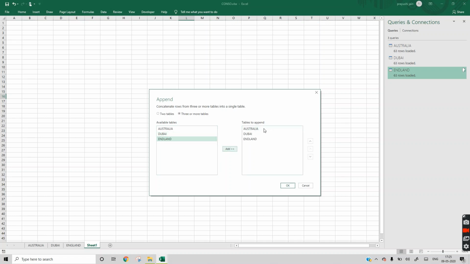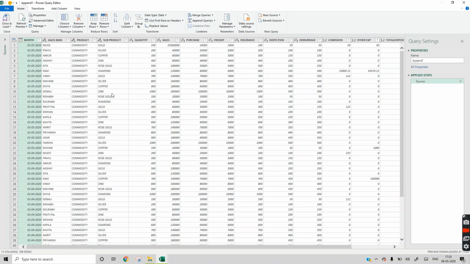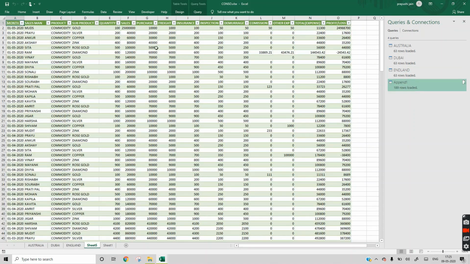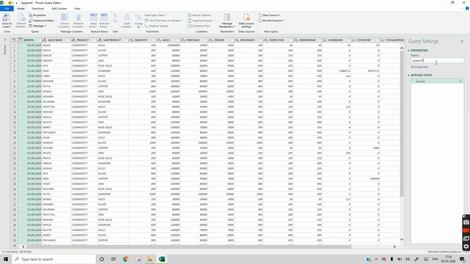So it will append these 3 tables, Australia, Dubai and England, into one. Now we will select close and load. So append one, we can change the name. We can change this to master data. It will be easy for us to understand.